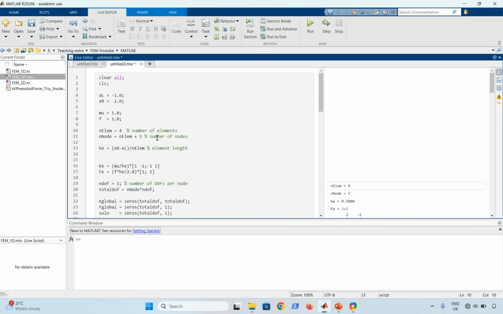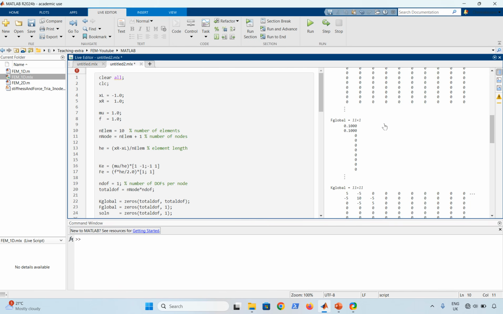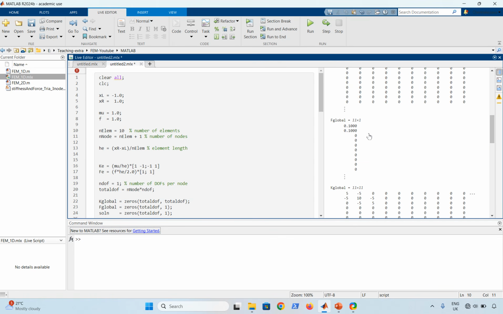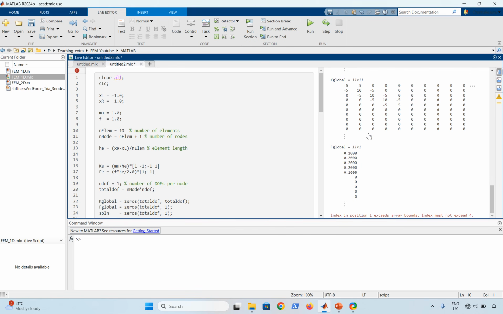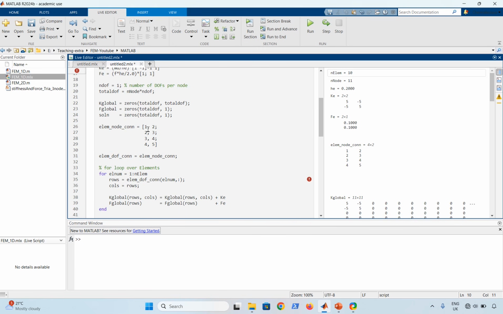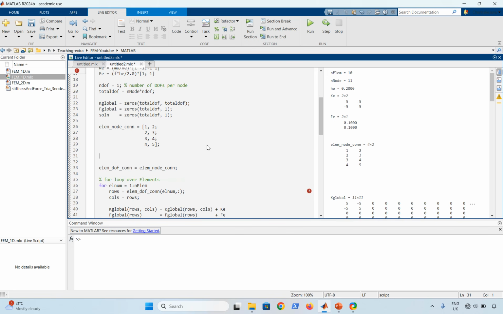Now let us increase the number of elements. See, as we increase the number of elements, the size has increased to 11 by 11. Right, okay, we have an error. Index position something is wrong. That's because our element node connectivity is of size only 4 by 2. So we want to make this generic. Now, instead of again hard coding, we can use